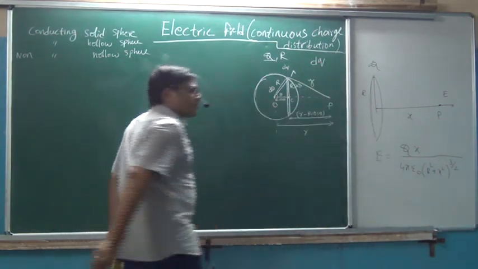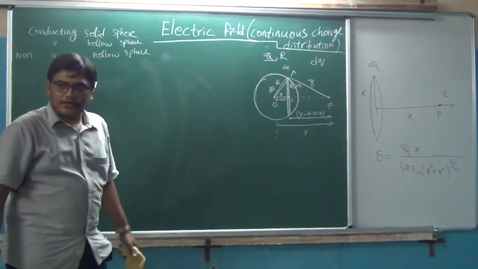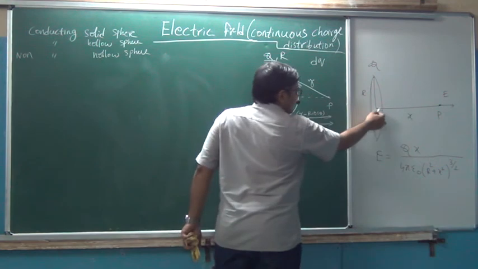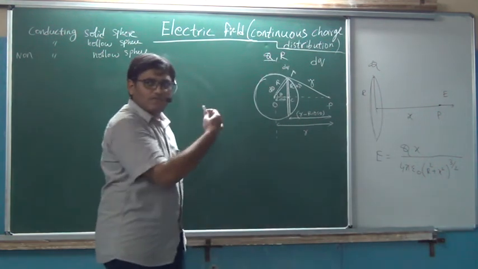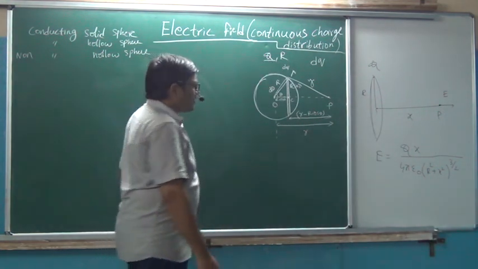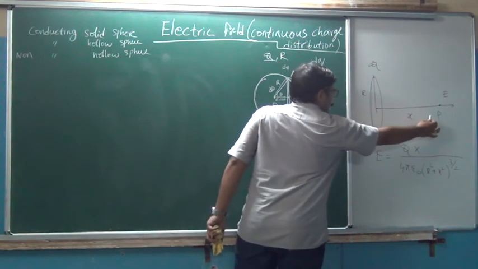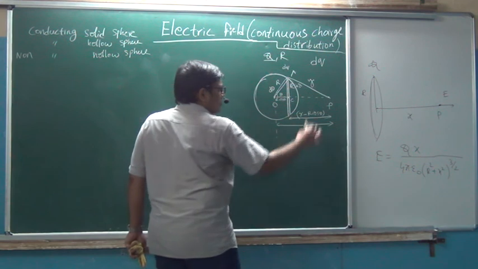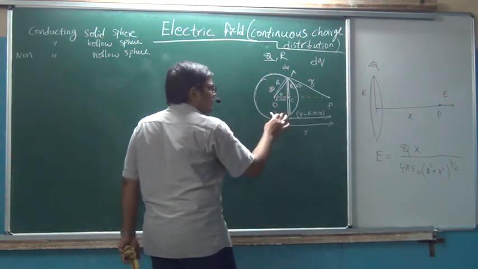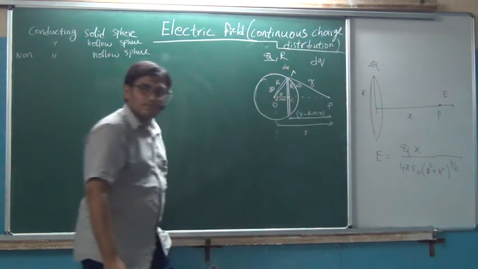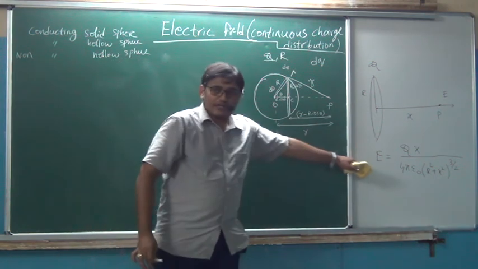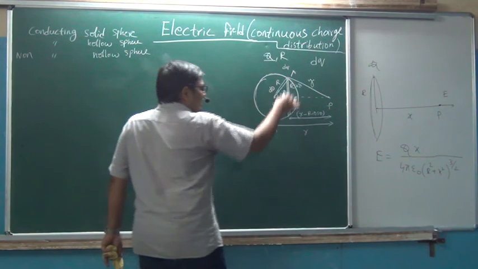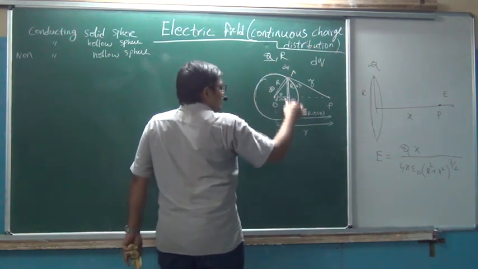dq is the charge on the ring. This is the center of the ring. You go for the analogy. Here, at point P, we need the electric field due to this ring configuration. Here also at point P, we need the electric field due to this ring configuration. We shall use this relation here. So if we use this relation, the electric field due to this,